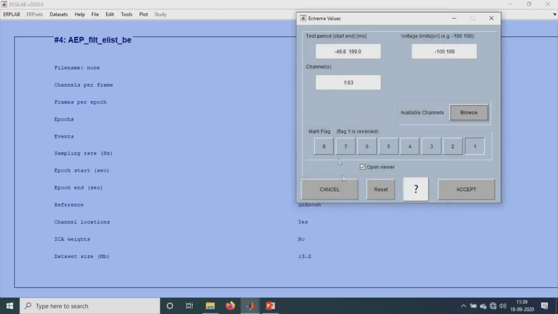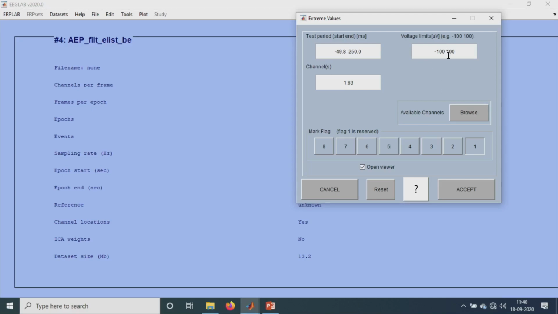So we take only the first 64 channels, and the time period will be from minus 50 to 250 milliseconds. And then the voltage limits, as I told you, artifact rejection will take only from minus 100 to plus 100 microvolts.